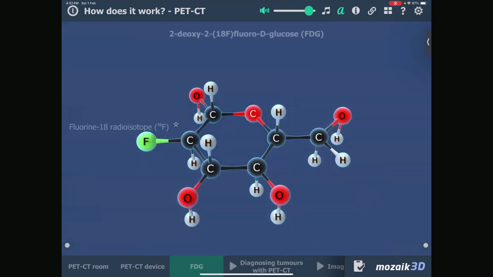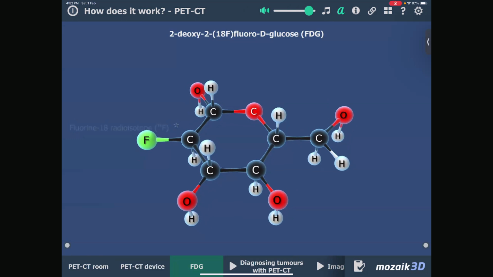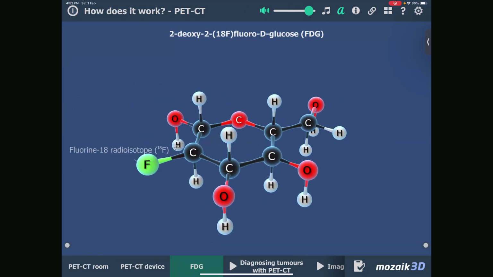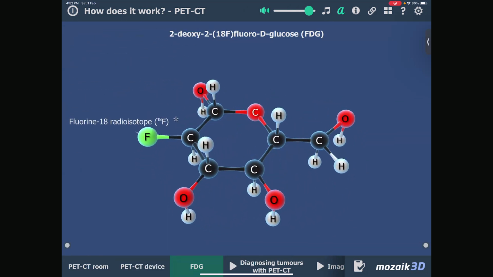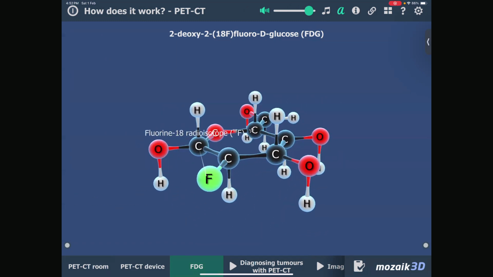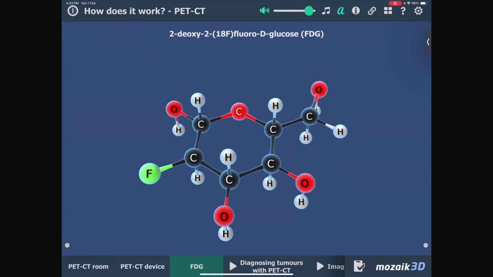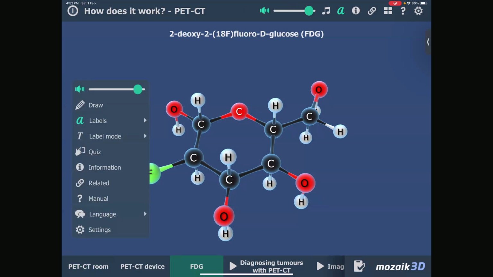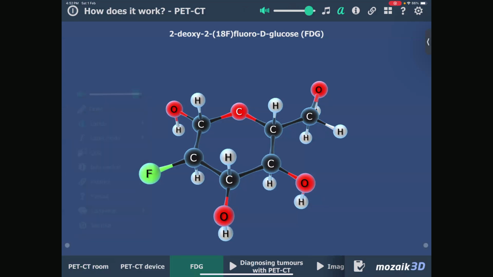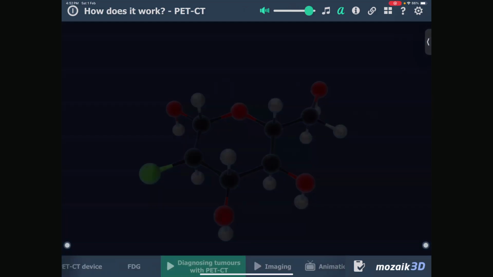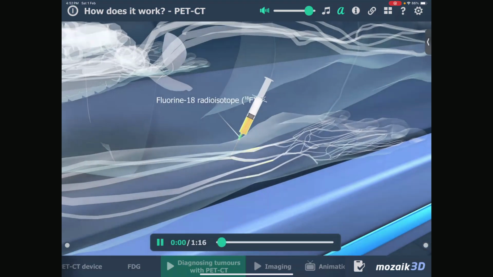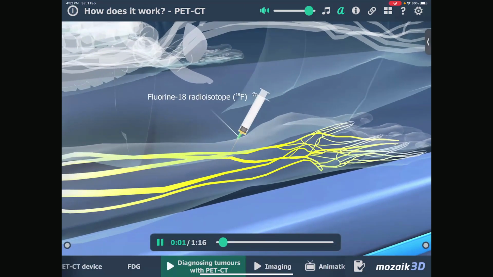And this is the fluorine molecule I'm talking about. Okay, so fluorodeoxyglucose. The fluorine that you see in green color, that fluorine is the radioactive one. When it collides with an electron, it produces a positron. And the way it works is, we inject it, and after injecting, fluorine-18 goes into the hand, so